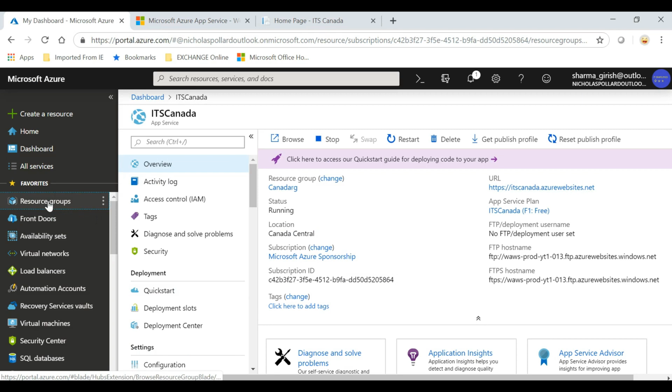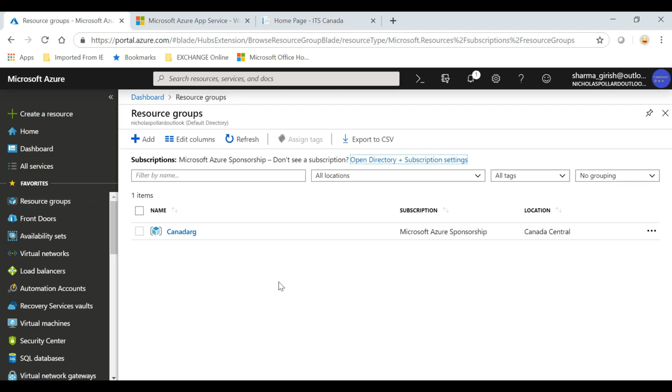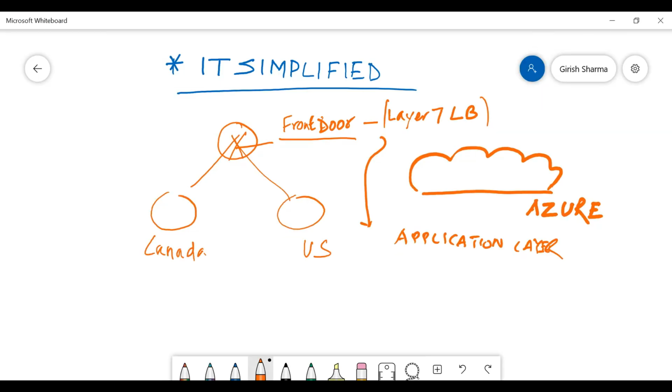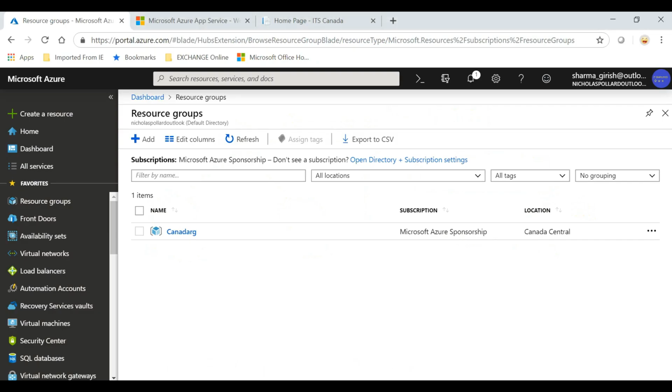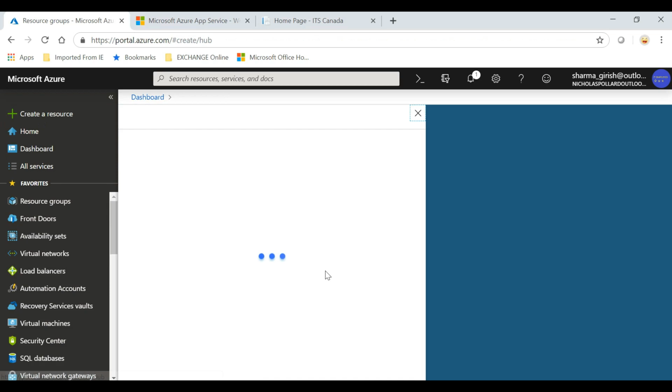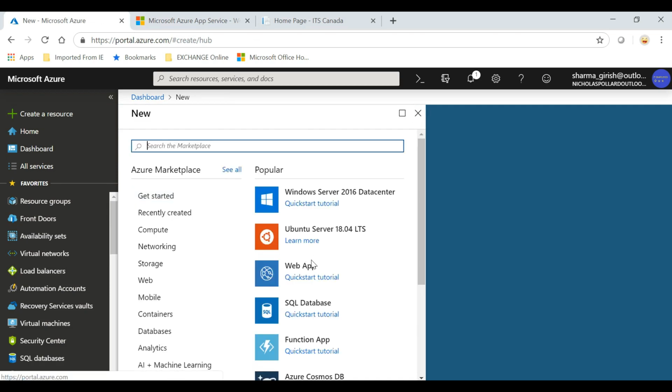So let me go to the portal one more time. So far we have just done this. So we have created the Canadian website. What I'm going to do is create one in the US region. So let's go to create resource, go to web app,